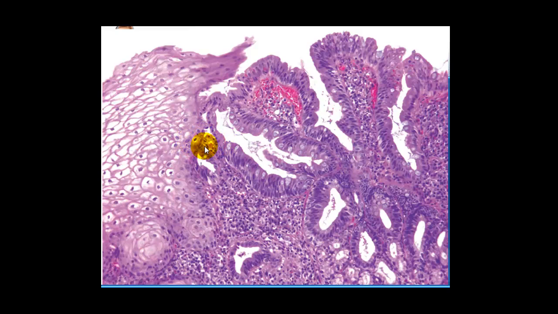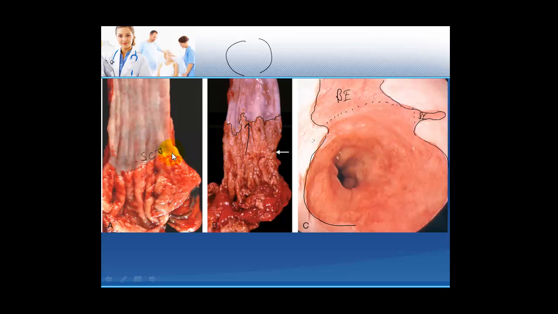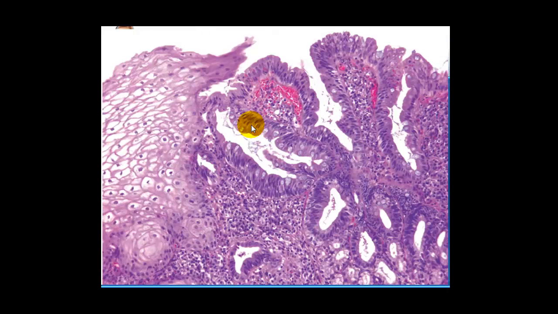In both cases, if you take the biopsy from here or you take the biopsy from here, they both will look the same. So we need to know the clinical diagnosis. We actually need to know clinically from where this biopsy has been taken. If it is taken from here, it's absolutely normal. If it's taken from this area, this is something which will raise some eyebrows and may lead to Barrett esophagus.